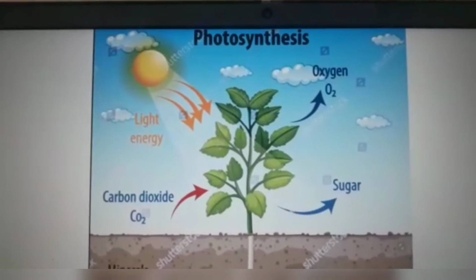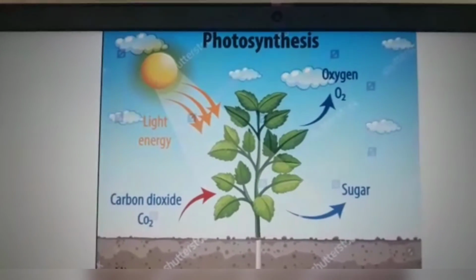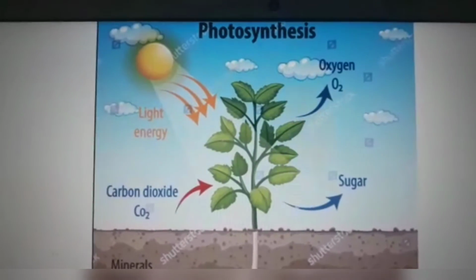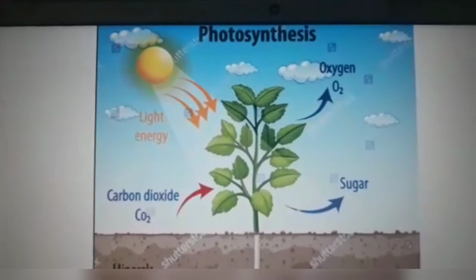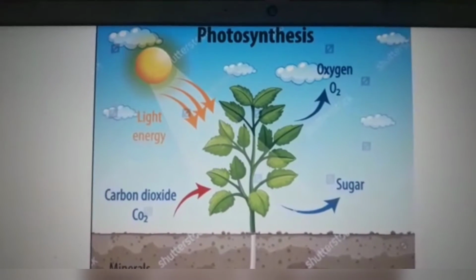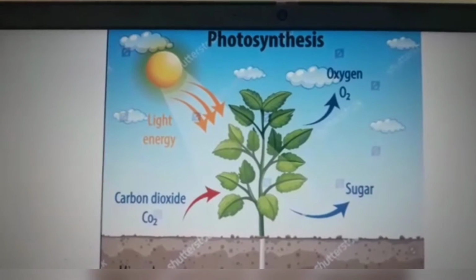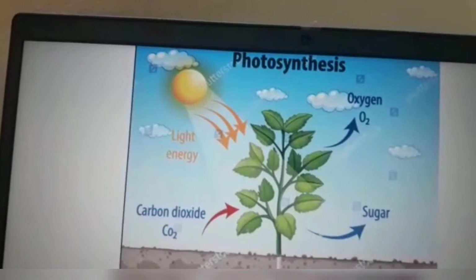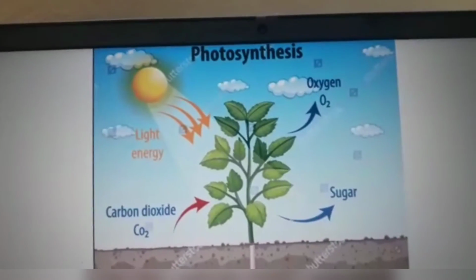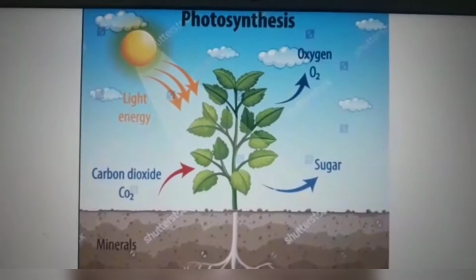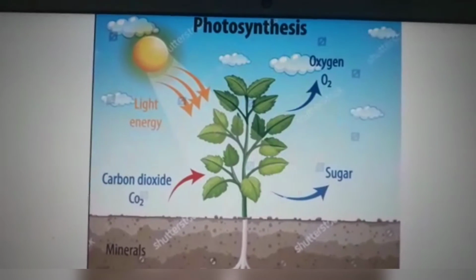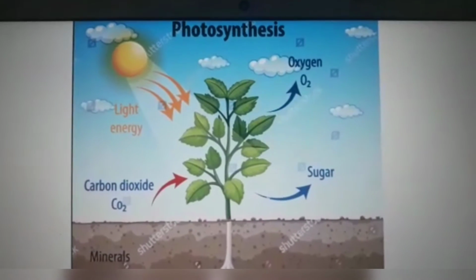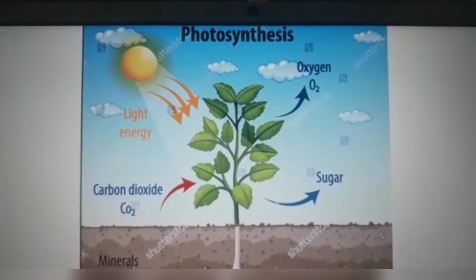Most plant leaves look green in color. Why do they look green? Yes, because they produce the green pigment known as chlorophyll. Because you are in grade 8, you learned the structure of the cell, chloroplast and all. Inside the chloroplast, we can see this chlorophyll. This chlorophyll is very important for plants because chlorophyll very easily traps or absorbs the sunlight from the sun. So these are the important raw materials required for the photosynthesis process.